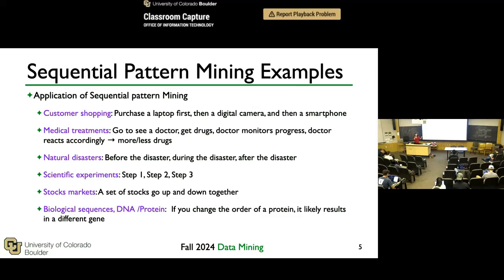Usually when you design your experiment, you have a certain procedure to follow. And that is, again, the order we're trying to look at, to see whether there are some kind of frequent occurrences. Biological sequences, the DNA, protein, this is also where the sequence matters a lot. So it's not only about the co-occurrence, but more about the sequence. And in this case, the sequence may or may not be